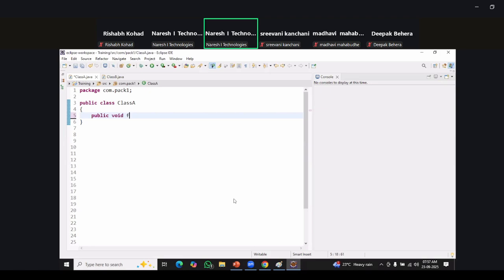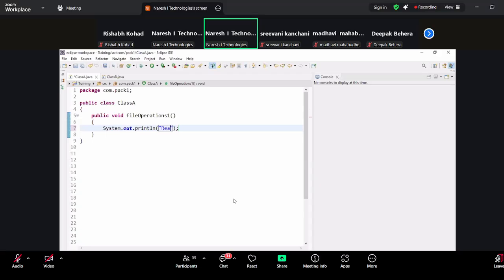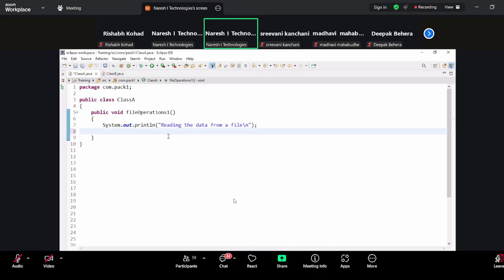Public void file operations, file operations one. Okay. Now System.out.println, tell me, reading the data from a file. Okay. Now, after that, go ahead. Please tell me the code. Always start from the right side. New